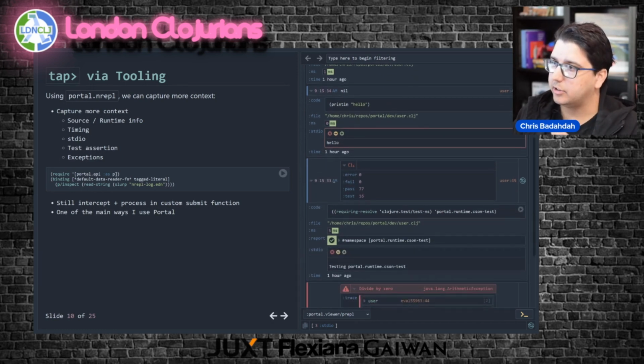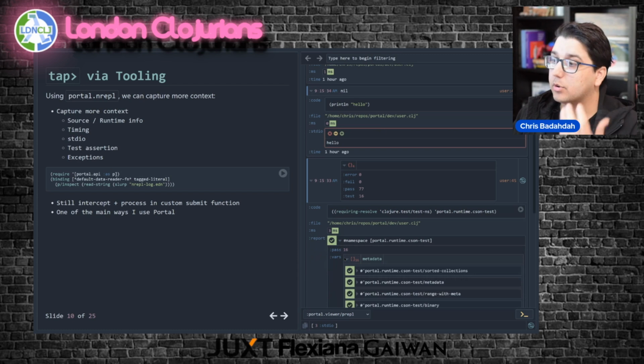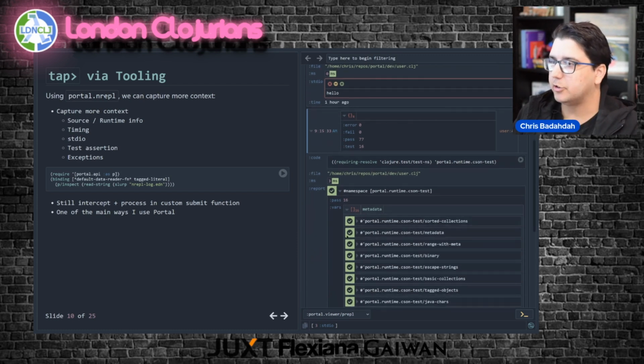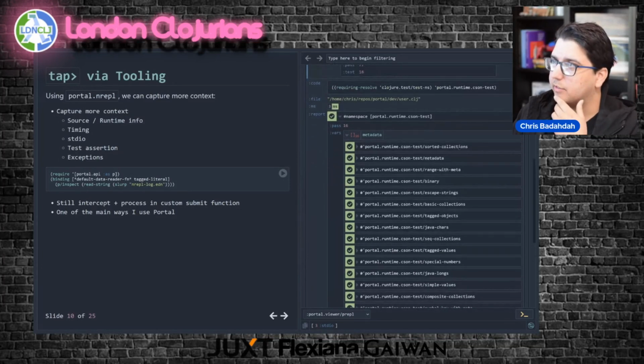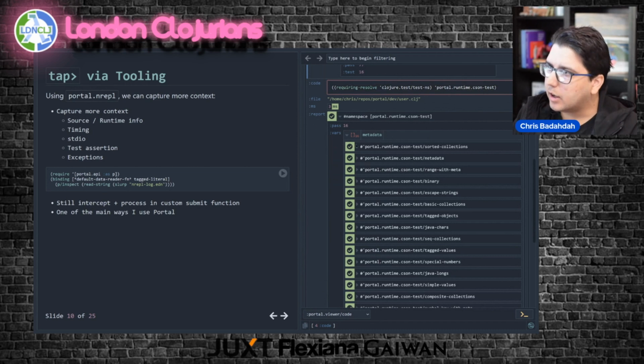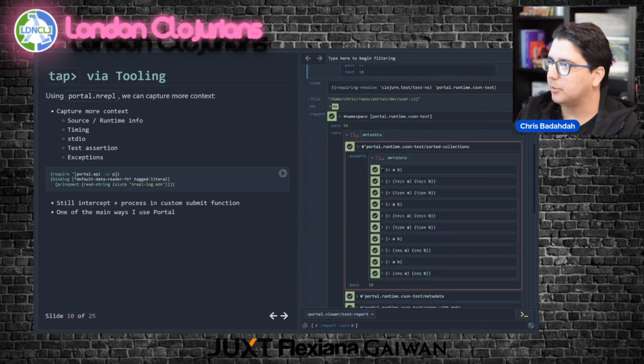For tests, it's actually really nice. Whenever clojure.test/report generates output, the nREPL tooling can grab that, accumulate that data, and then just plop it into Portal. And Portal knows that, hey, that looks like Clojure test output, let me render it like a test. So you can see here all the tests that were evaluated by running this code right here. And you can then dig into that and see the assertions.